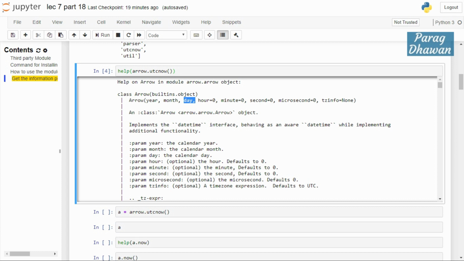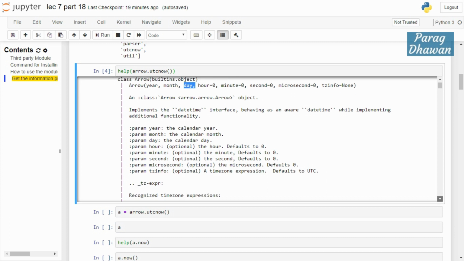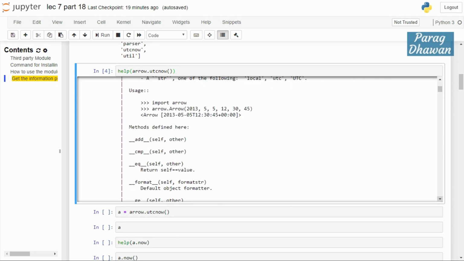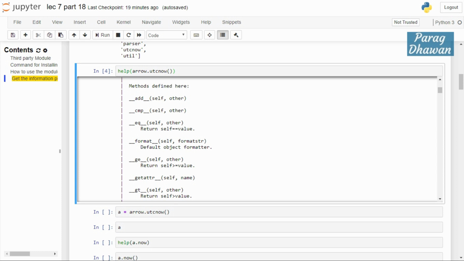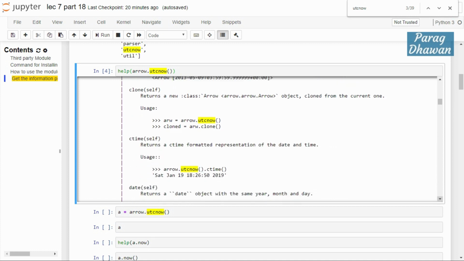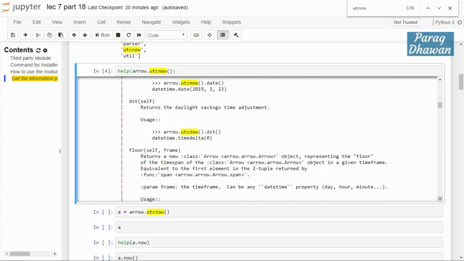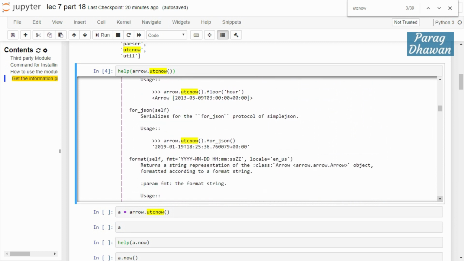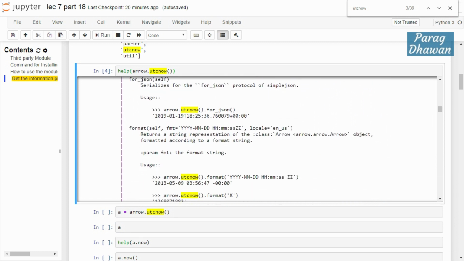Hour, minute, second, microsecond, and time zone information is none. Now you want to get the information for UTC now. Navigate below to find UTC now. So we use UTC now in Control F and then press enter. You can go downwards where UTC now is used and find the information where it is used, how it is used. We go to a specific example of UTC now where it is used singly without any concatenation with another function.